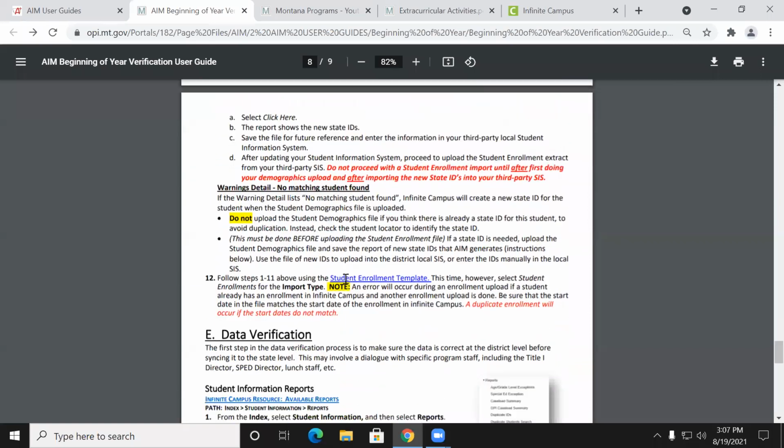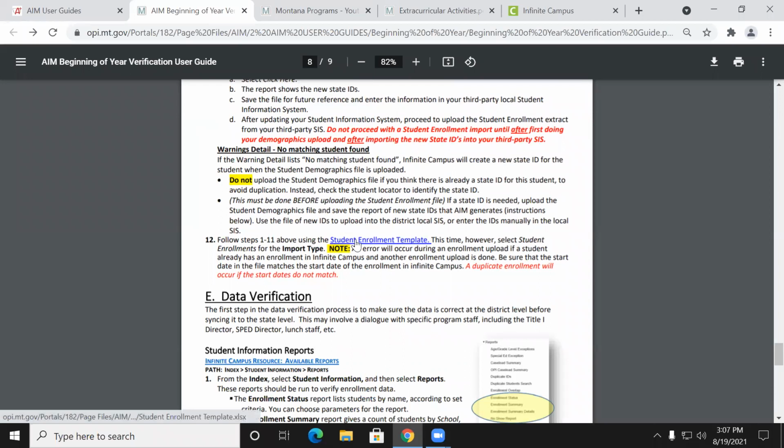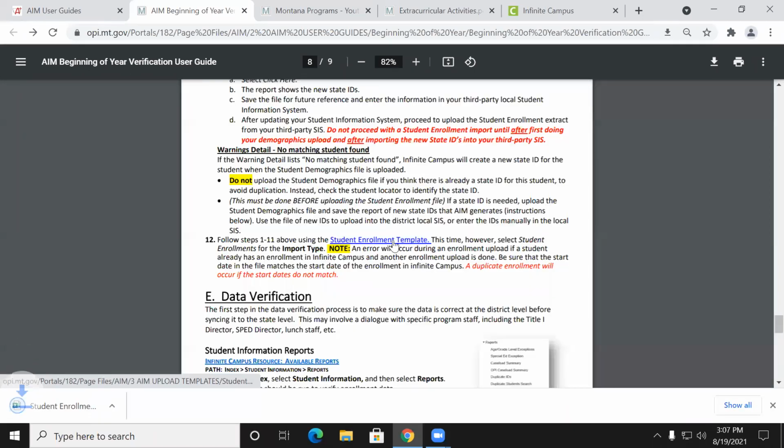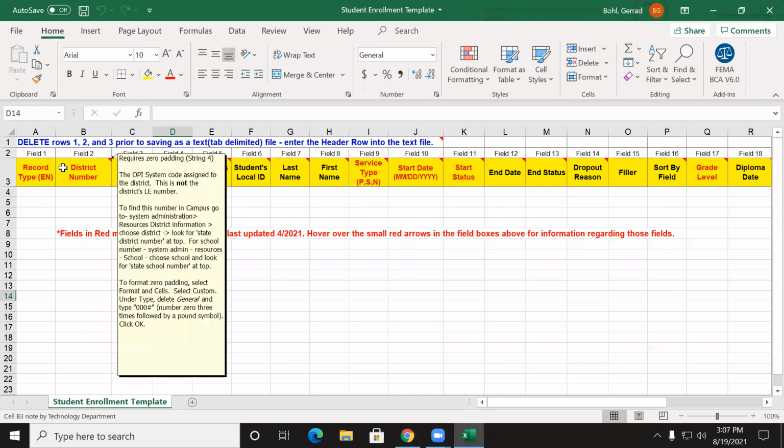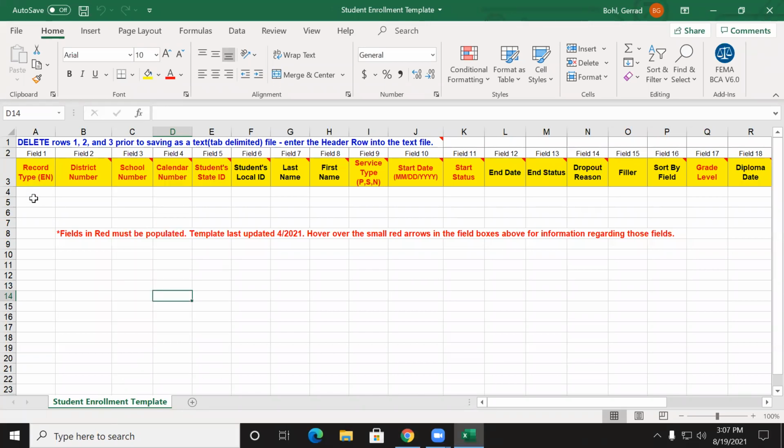This same process is repeated then for the student enrollment template. The student enrollment template, like all the other templates, looks similar in its format. However, the information that goes in there is different. For the enrollment, you're going to put EN, which is for enrollment, your district number, the school number, calendar number,